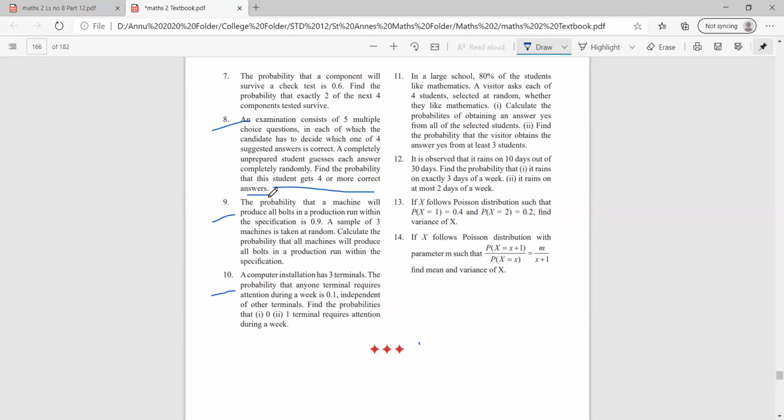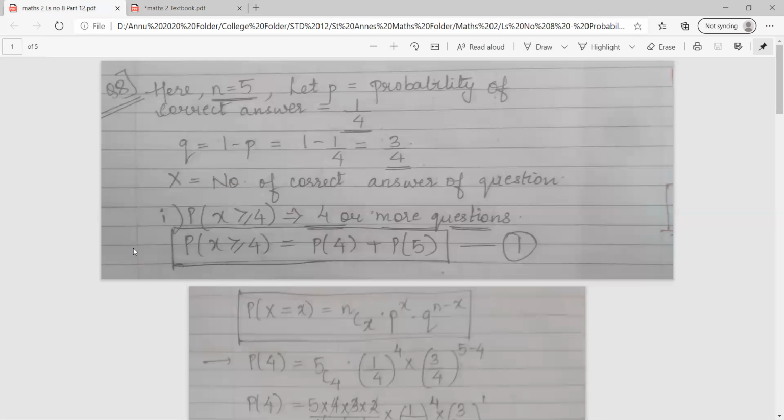So basically, class, they have told us to find out the probability that the student is getting 4 or more. 4 or more means 4 or more than 4. So we have 2 possibilities as the total number of questions is 5. So we have to find P of 4 and P of 5. Before we start, class, can you all identify which type of word problem this is? Correct. This is binomial, as the word Poisson or parameter m or average words cannot be seen in this particular word problem. So as you can see, I have written n is equal to 5 over here.